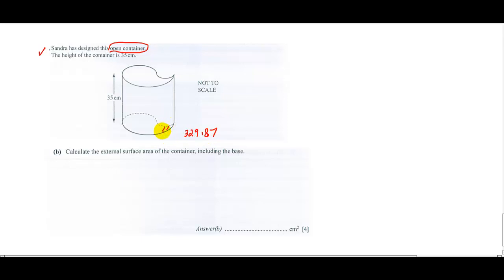Okay. Now we have to find the area of the curved surface. Okay, external surface area, that is curved surface area. So to find the curved surface area, the formula is, to find the surface area, the total surface area of the prism is basically the base perimeter